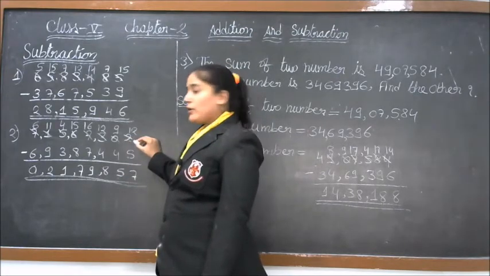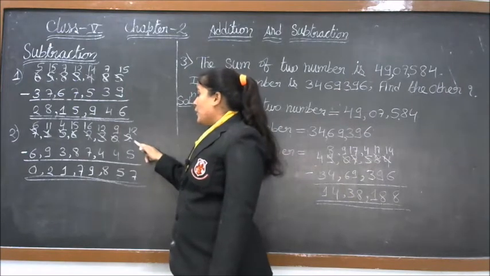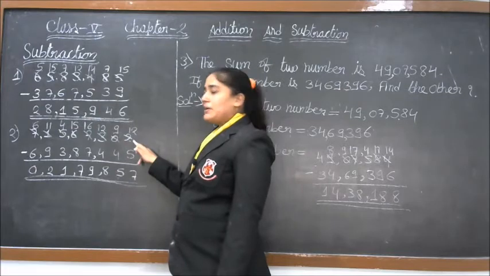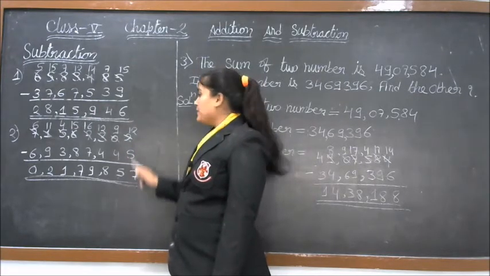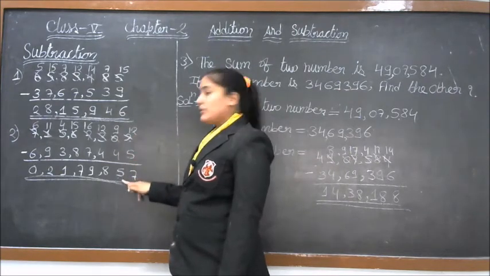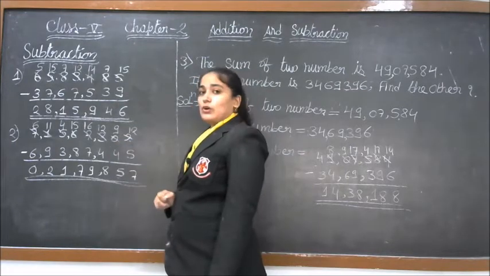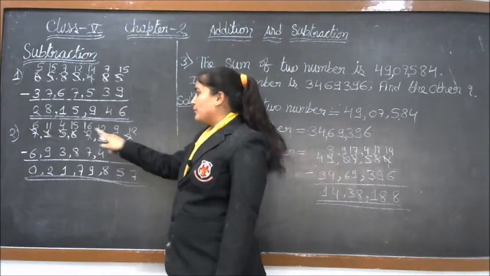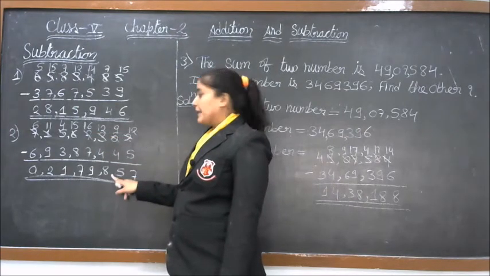So, how can we subtract it? From this example, it is clear. 2 minus 5, it is not possible. So, we take 1 carry from here. It is 12. 12 minus 5 is 7. Now, what is left here? 9. 9 minus 4, 5. Now, 3 minus 4, it is not possible. And what is left here? 2. We can get 1 from here. 12 minus 4 is 8.